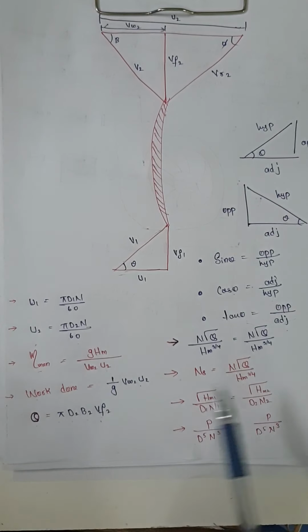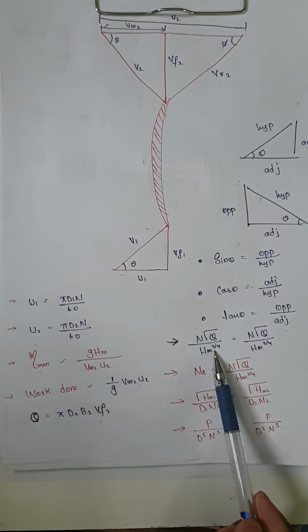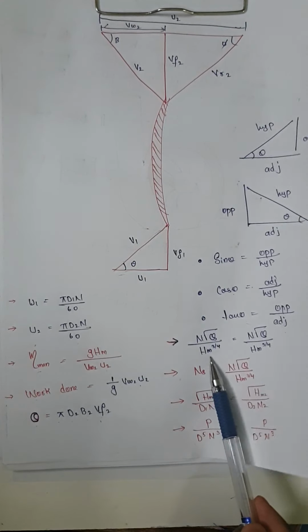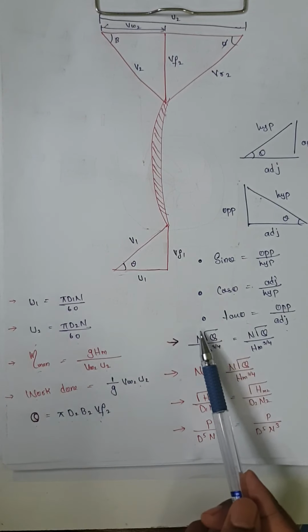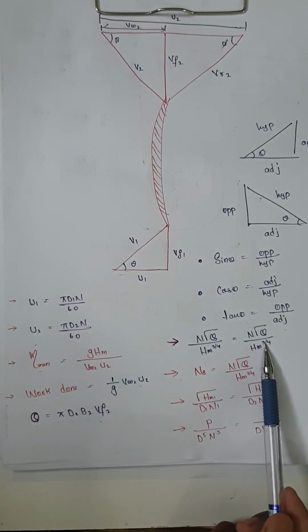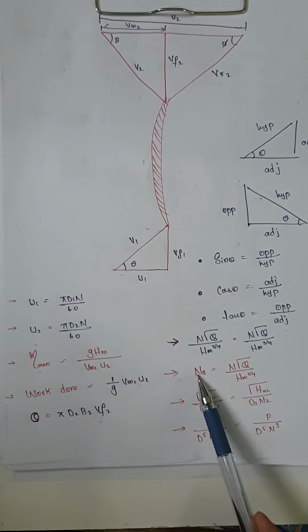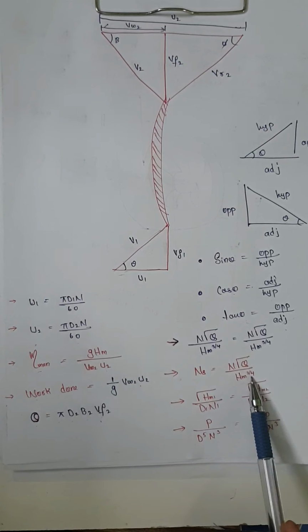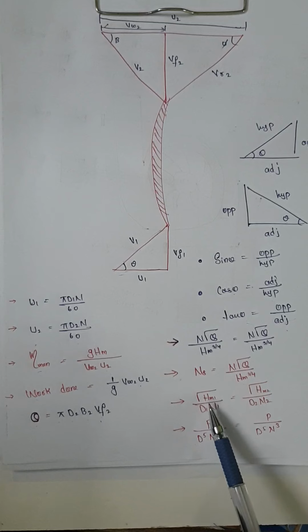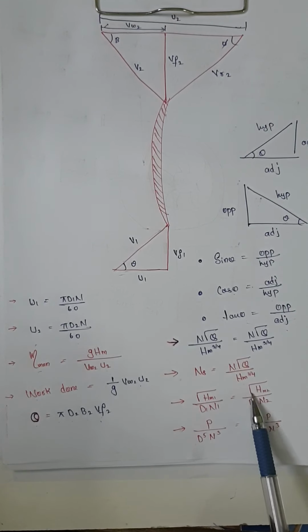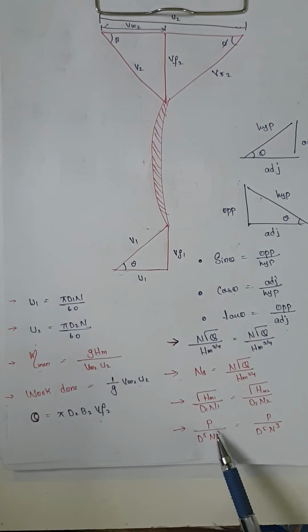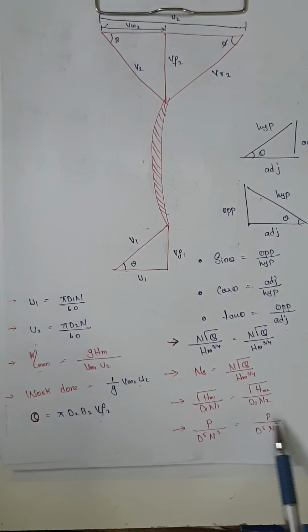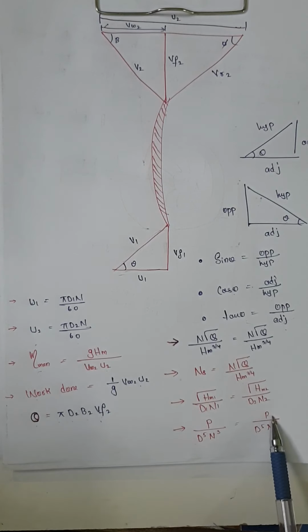Then when we talk about comparison or specific speed, we use this formula: N under root of Q by H to the power of 3 by 4. This term you can indicate with 1 and this term with 2. Next one is under root of H1 by D1 N1 is equal to under root of H2 by D2 N2. This is inlet and this one is the outlet. Then P by D2 power of 5 N2 power of 3 is equal to P by D2 power of 5 N2 power of 3. These are some of the basic formulas for solving centrifugal pump problems.